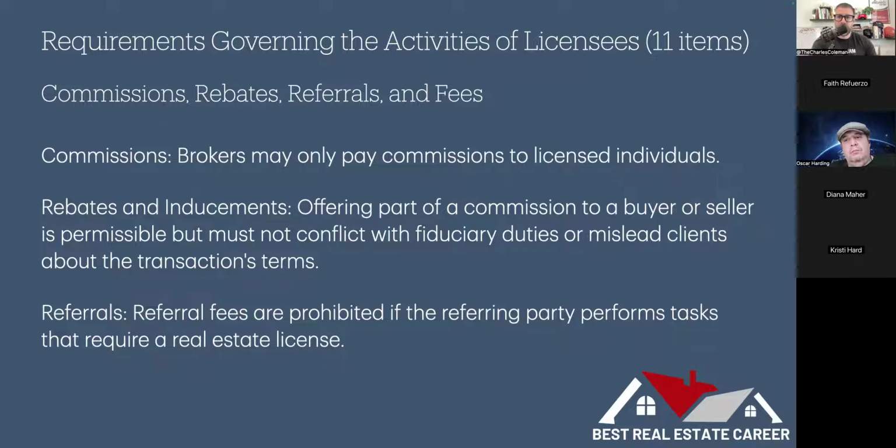So this is what's neat about this business: mailbox money. It doesn't matter. You can have friends in any state, or you don't have those friends yet, but you're going to make those friends, and you can refer business back and forth. You get a phone call, right? The phone rings and you answer and they say, "Hey, I got a buddy that's moving to your state, and I was wondering if I send them to you, would you give me a 25% referral?"